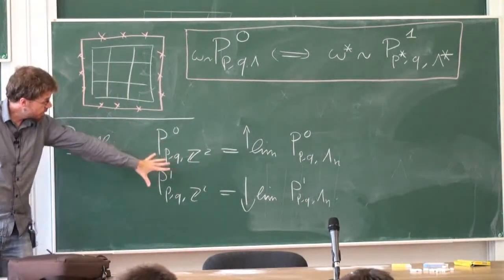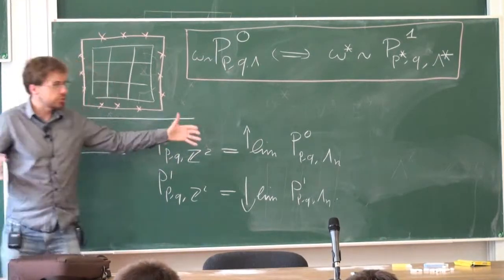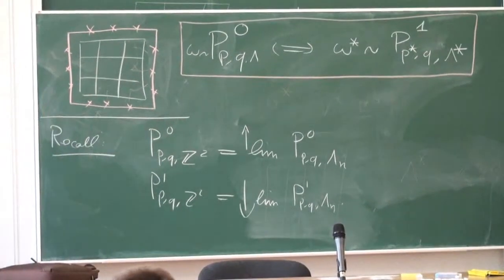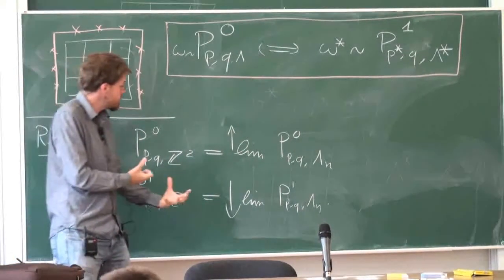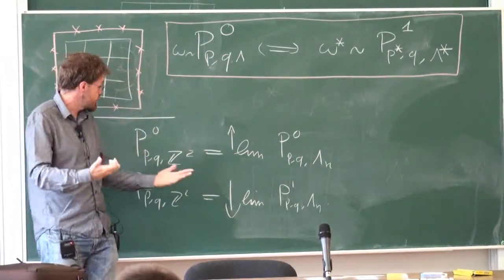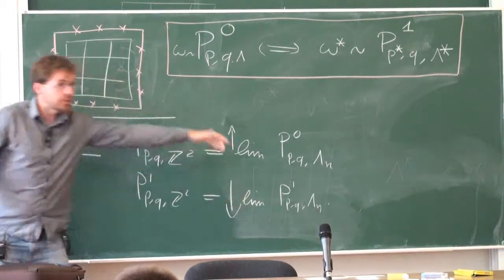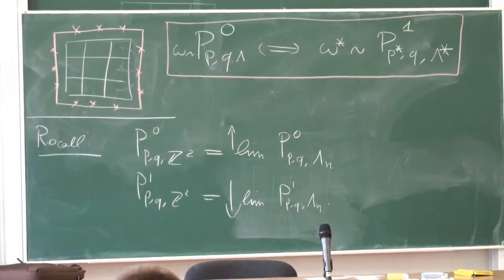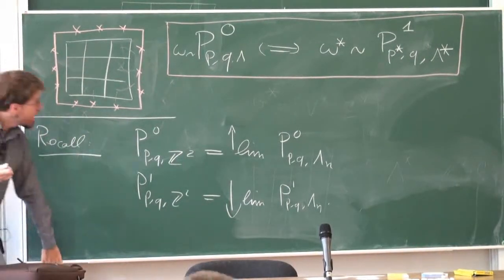So this is perfectly okay. Here you have zero boundary conditions which go further and further away, so they have fewer and fewer effects on the local behavior of the model. So you get an increasing limit, and because it's increasing, it converges. And P1 is the same story. It decreases because the positive effect is further and further away. So this is well defined. And that's okay. And then what he argued was that